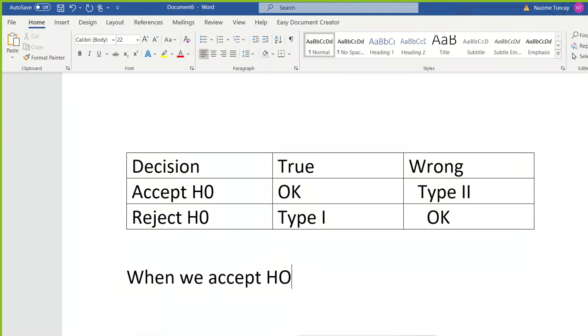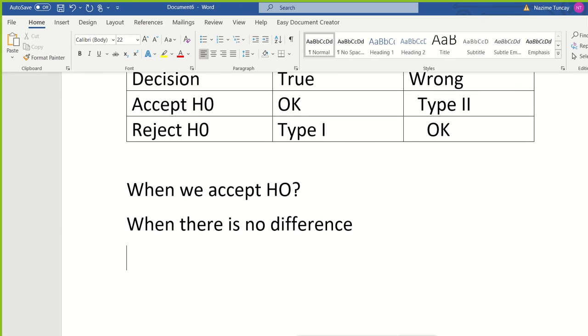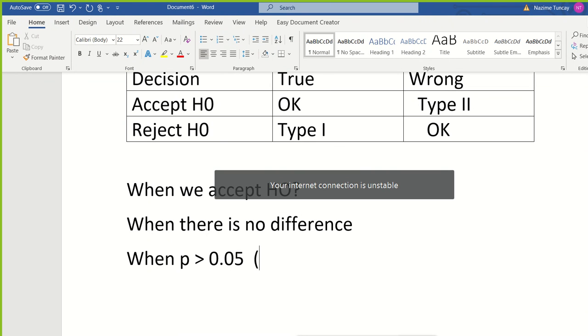no difference. Okay, how do we understand that there is no difference? This is important. We look at the p-value. What is the p-value? The p-value is a value that we get as a result of the test, whether a t-test, ANOVA, or Kruskal-Wallis test. If this p-value is bigger than 0.05, for the 95% confidence interval,